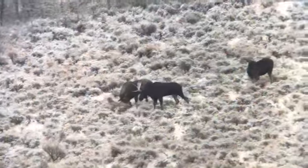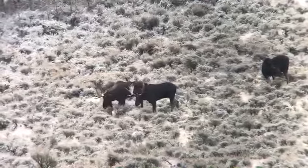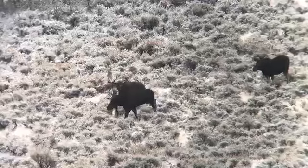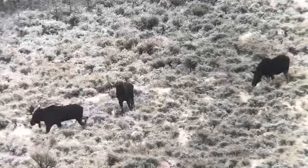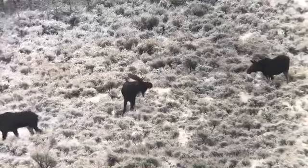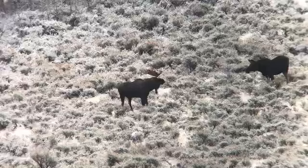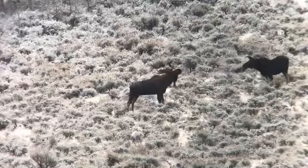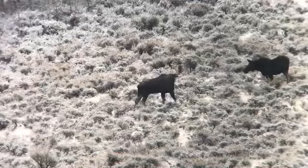Kelsey had a really interesting interaction in Grand Teton National Park with these two bulls and cows right after that snowstorm we spoke of, where actually you can see one of these bull moose has snapped one of his antlers off. Now, antlers, once they've shed their velvet, don't have nerve endings, and so it's debatable whether that was painful at all for this bull. Probably not, but you can see he still wasn't giving up, and he was desperately still trying to court this female